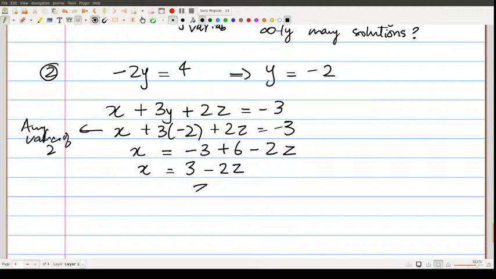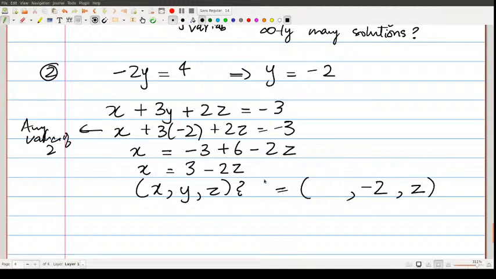So if I want a solution, my solutions are as follows. I have any value of z. Let's say, what's my solution x, y, z? My solution is I can take any value of z, doesn't matter. For y, I need to take minus 2. And for x, whatever value I take for z, my x will take the value 3 minus 2z. So let's try to find a particular solution. So let's say